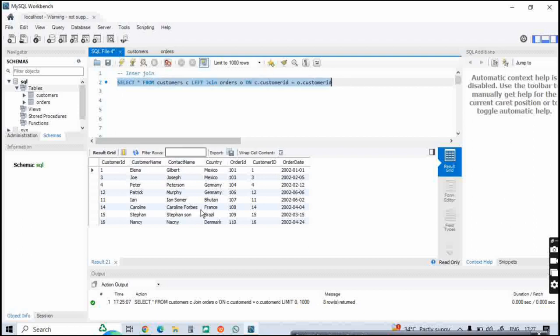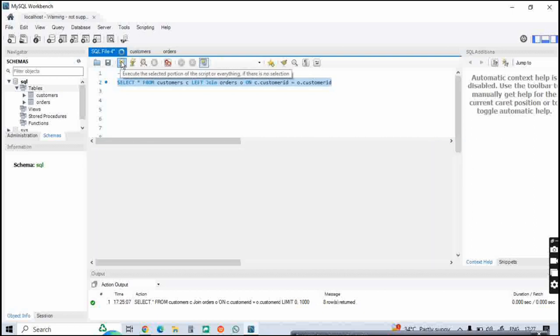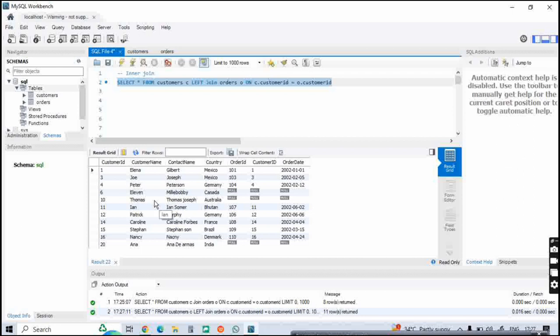Here this is the inner join. This is the output for the inner join. Now let's execute for the left join. You can see it retrieved all the records that are present in the customers table. But here it gives only the matched records that are present in the right table. See, if there are no records matched in the right table, it will give the value